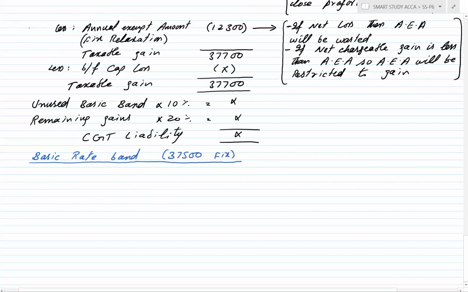But please remember, this level is a combined level for both income tax and capital gains tax. For example,